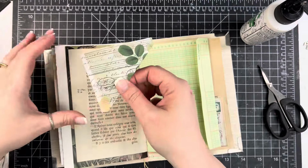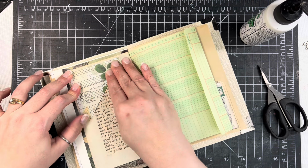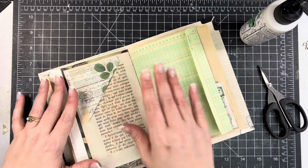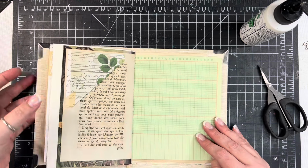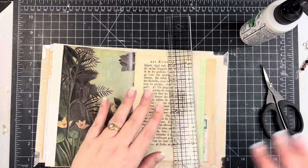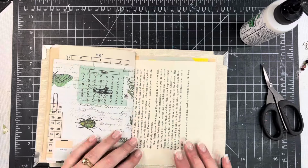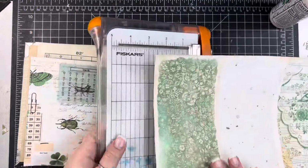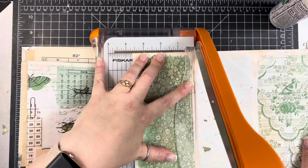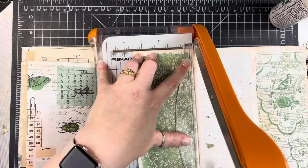So I ended up adding this one up at the top just because of the way that the design is. I didn't want it to be kind of crooked, the opposite way, if I was to put it down at the bottom. So that's just going to be a little uptuck there. And again, it's on that same rag paper just because it's actually pretty sturdy paper. And I decided to trim down that ledger just a little bit, just tore the edge with the ruler. And now I'm going to pull in another one of these printables here, and I'm going to make a pocket